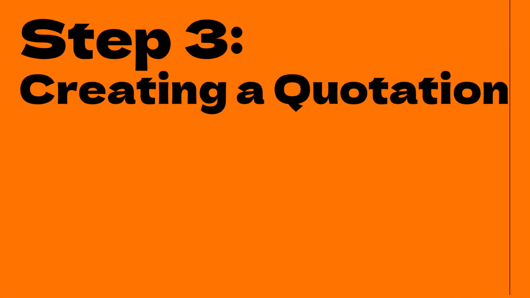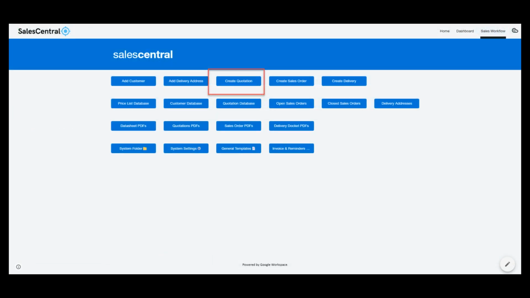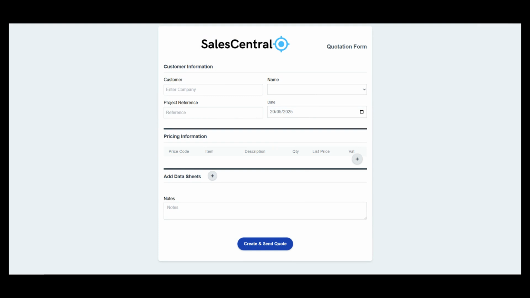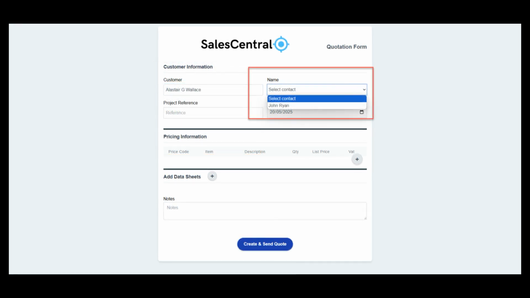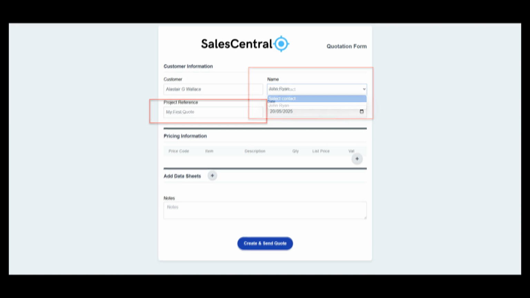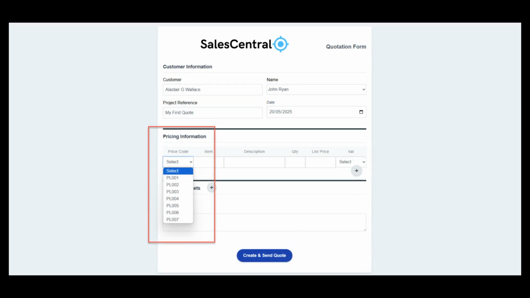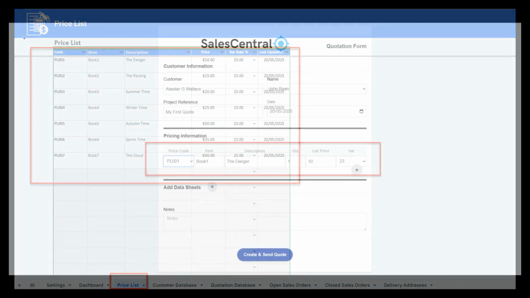To create a quotation, we first of all will see that we have no quotations in the quotation database. To create a quotation, we do so from either inside the Google Sheet or from our linked outside form. Now, to create a quotation, we need to have a number of things in place. First is we have to have some customers, which we've already added, and also we want to know what we're quoting. Now, this information here, the pricing information, is all coming from the price list that we've previously set up